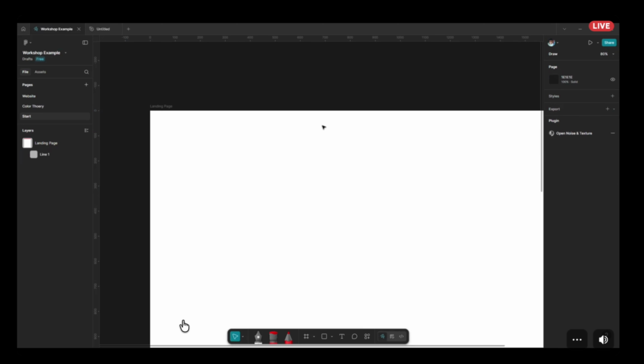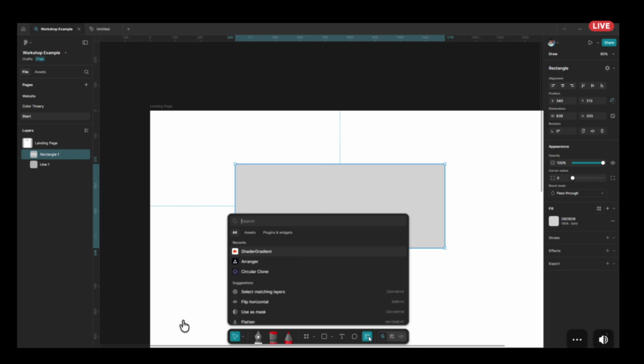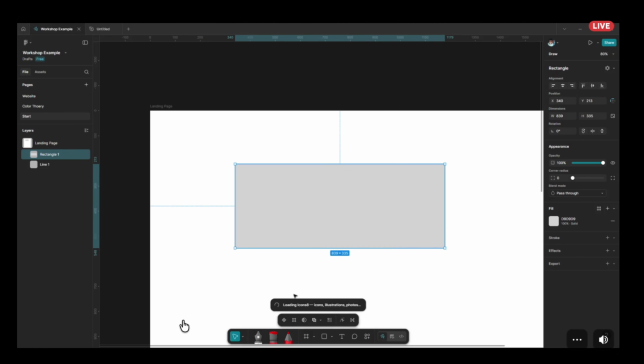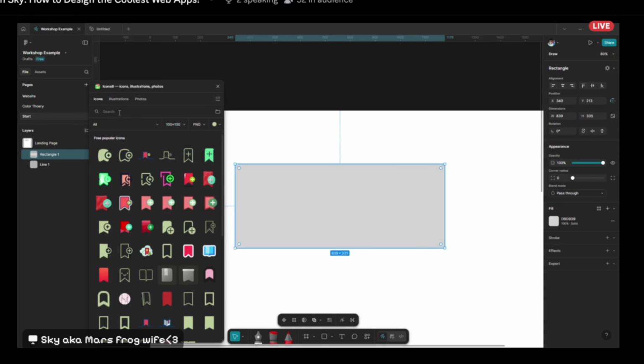Right. There are some pretty cool things as well, like plugins, which I think are really great for Figma, because if you can't use the functionalities that already exist in Figma, you can just search for a plugin. The chance that there is an actual plugin is pretty high, and I just wanted to show you one of my favorite ones. The first one is Icon 8,